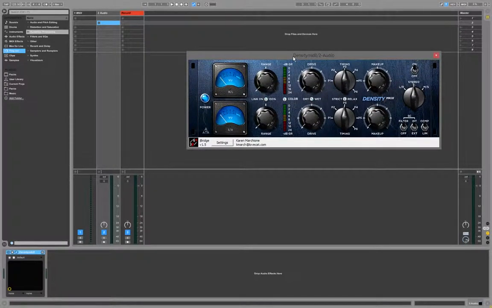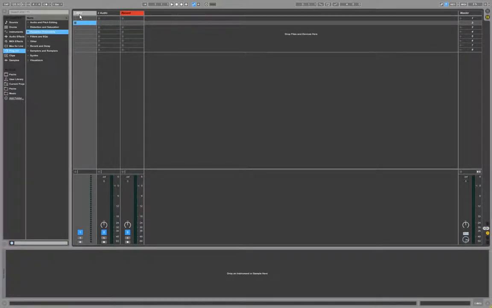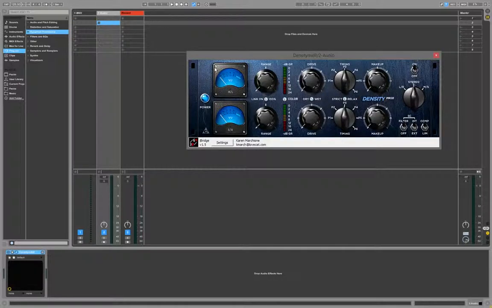Sidechaining is ducking audio behind audio. That was a great explanation. More specifically, say, good example, ducking a synth sound or reducing audio dynamically based on another audio sound, say like a kick. So like a normal compressor, only it compresses based on a kick sound, and the kick sound itself isn't compressed. Instead, it's routed somewhere else, like through a send, which is how we're going to do it, because